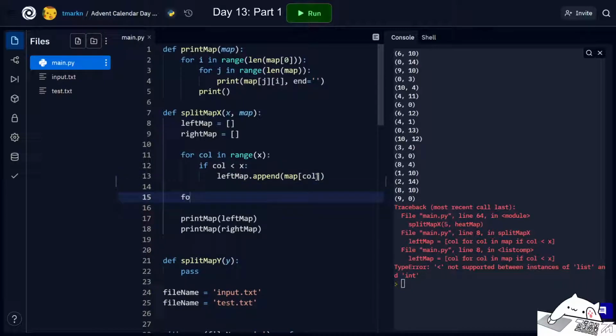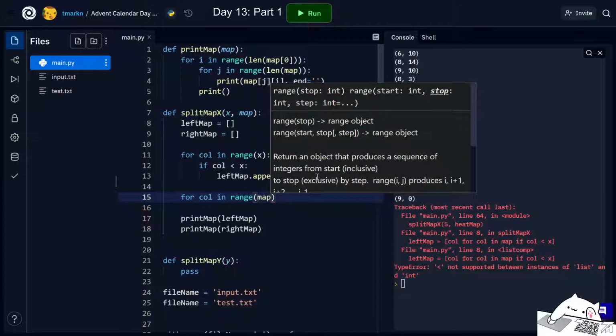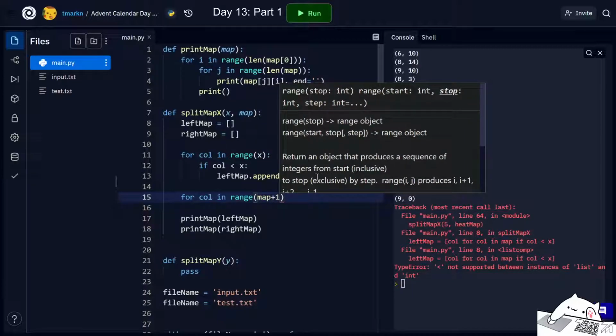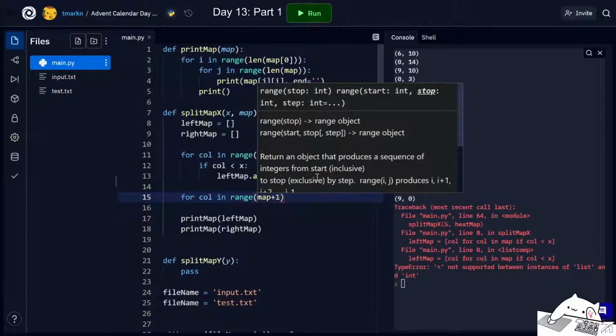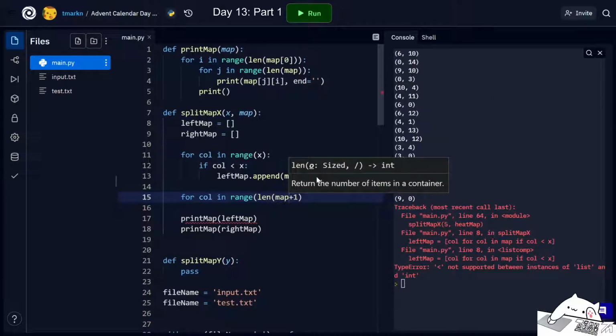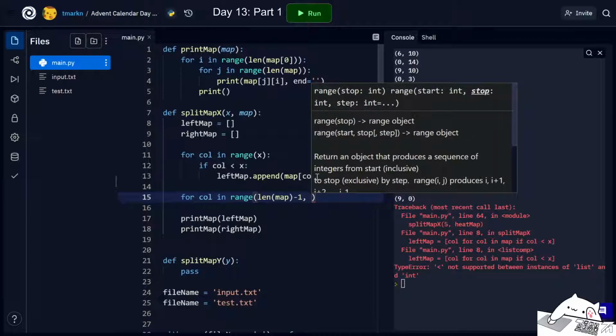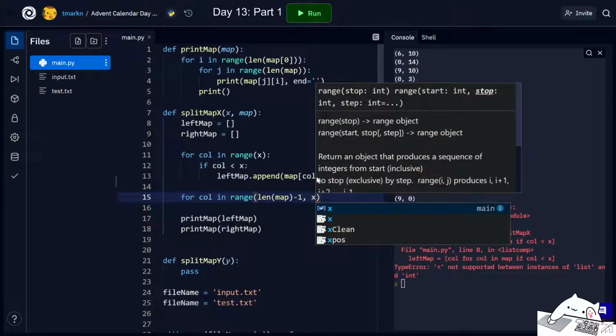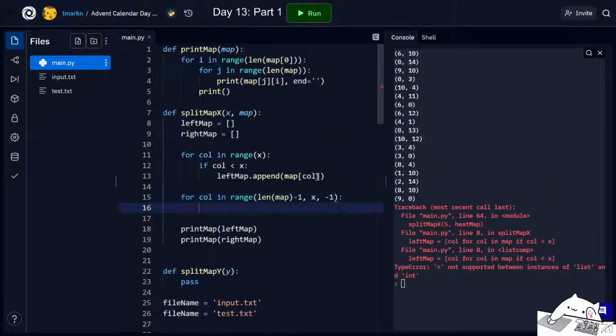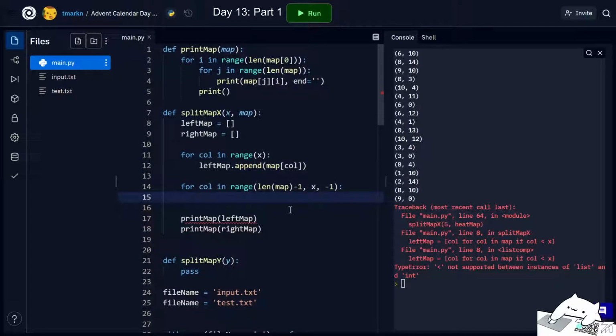And then for the right side, for column in range, we're gonna go backwards. So map plus one. No. Wait. Length of map minus one to x, and then minus one. That seems right. If column is... Actually, we don't even need this anymore. So right map